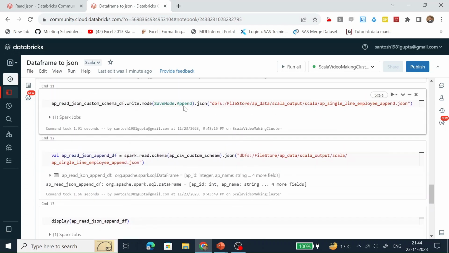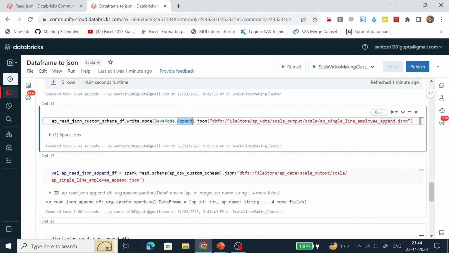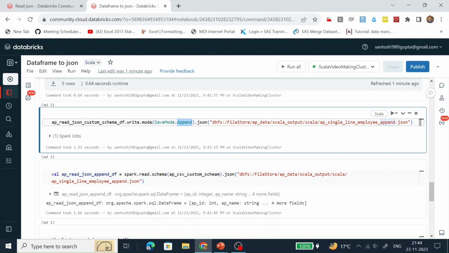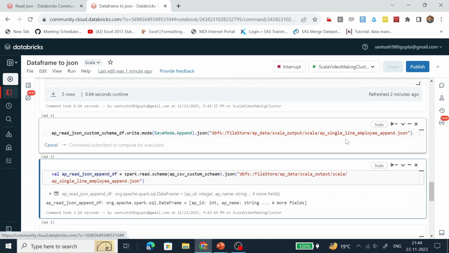Now, what is the functionality of append mode? If we run it again, the data present in this data frame is going to be appended to this JSON document. The data will not be replaced, it will be appended to the existing data. So let's run it again.